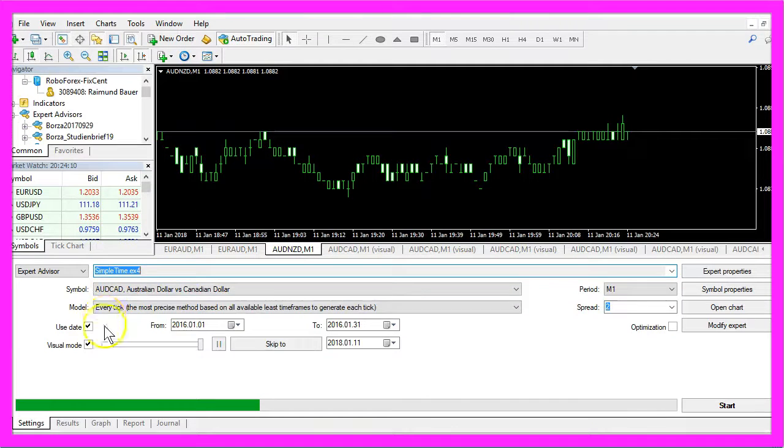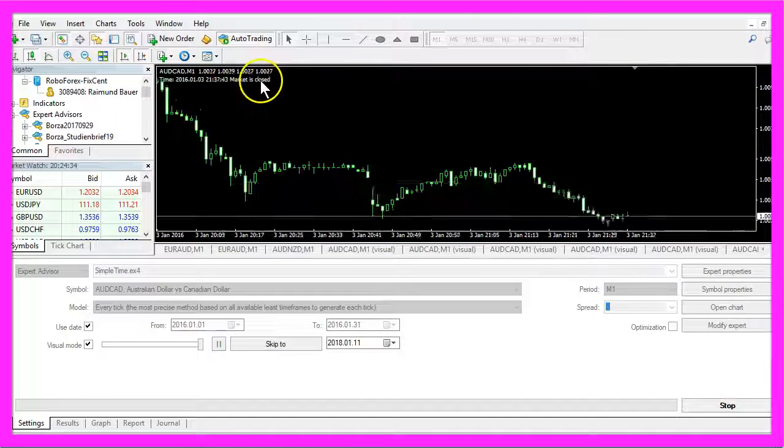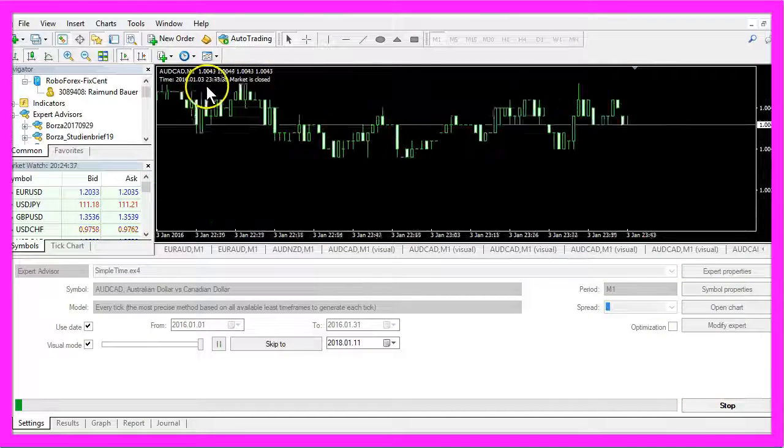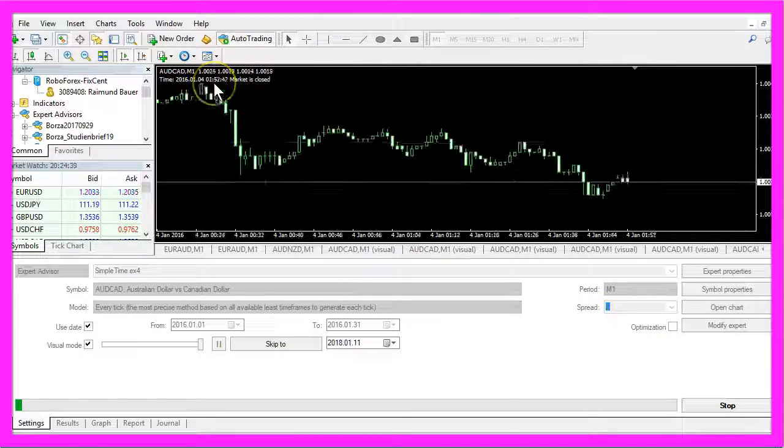That should bring up the Strategy Tester panel, and here you want to select the expert advisor called SimpleTime.ex4. Please make sure that you enable the visual mode here, and start your test. And now you should see that the market is closed until the time reaches 9 AM.